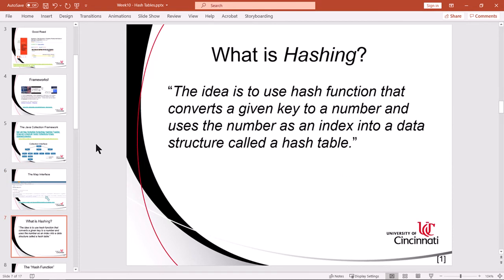So our data structure of interest is the hash table, and hashing is mathematically converting some key, which could be a string, could be an integer, could be a complex object, into a number. That's what a hash function does. It takes some chunk of data, doesn't matter what it is, and makes it into a number. Now that number has a specific range. Okay, it might go from 0 to 2 billion or 0 to 4 billion or who knows what. But that function is guaranteed to take that given key value, whatever it is, and map it into a number